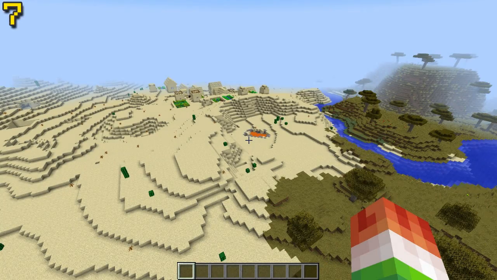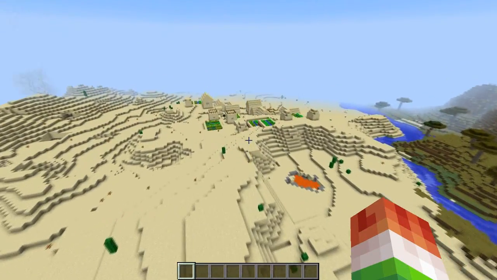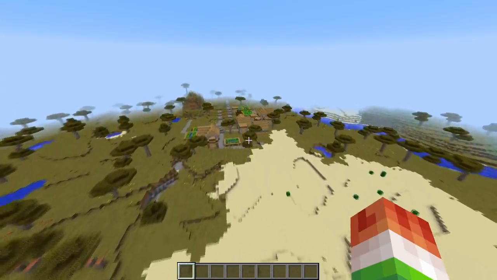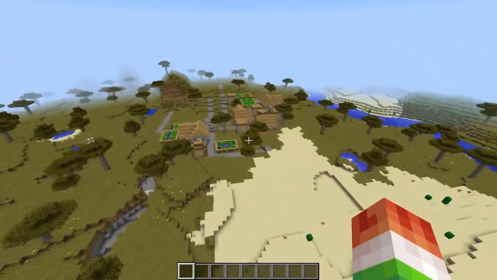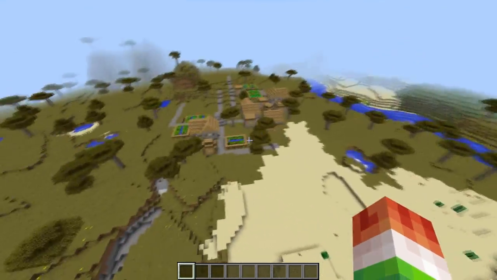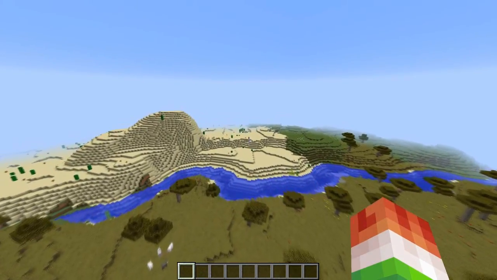This next seed we have here is pretty awesome. So here we have a village. Unfortunately, no blacksmith, but if we turn around, we have another village. Now, these 2 villages don't have any blacksmiths, unfortunately, but you can still retain a lot of loot and a lot of very useful items from these villages. But however, if we go over here,